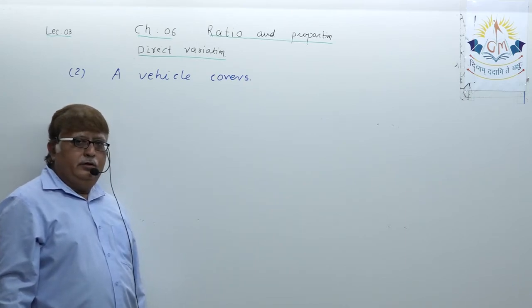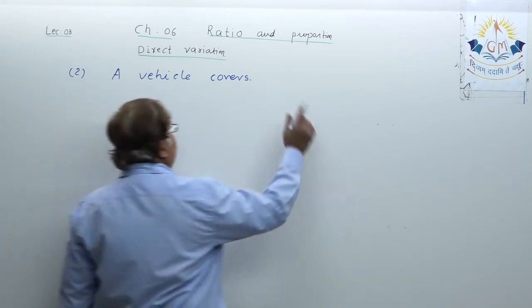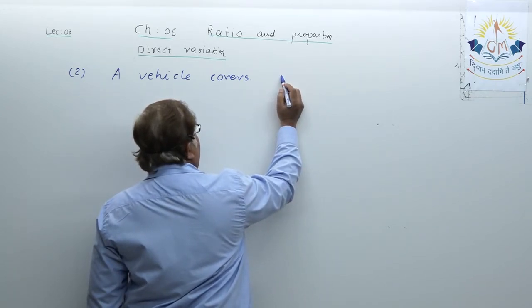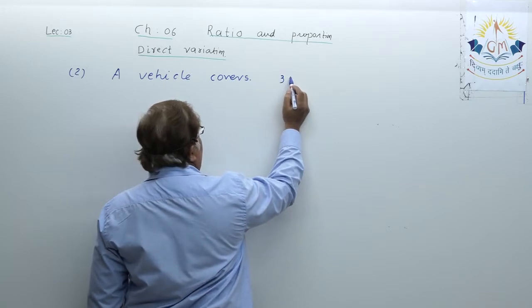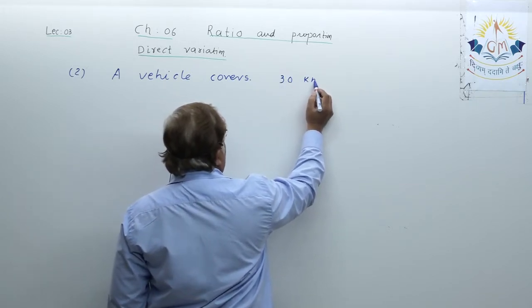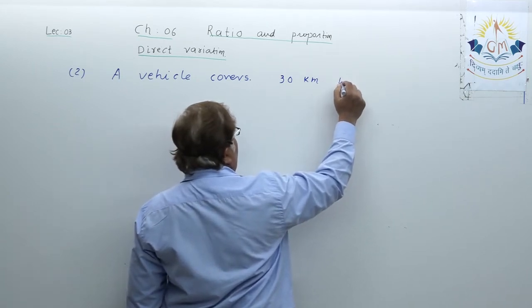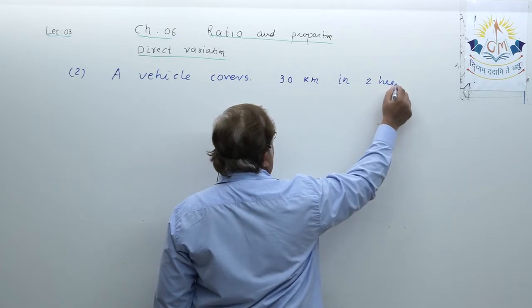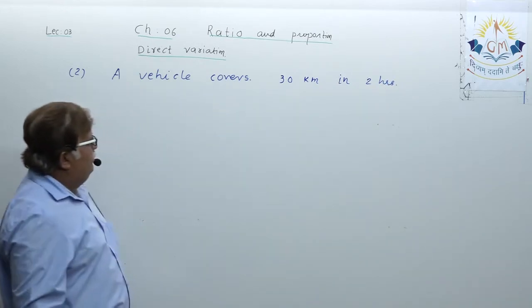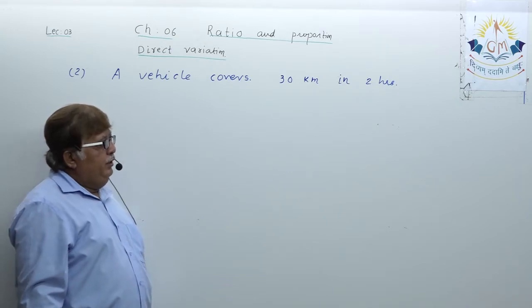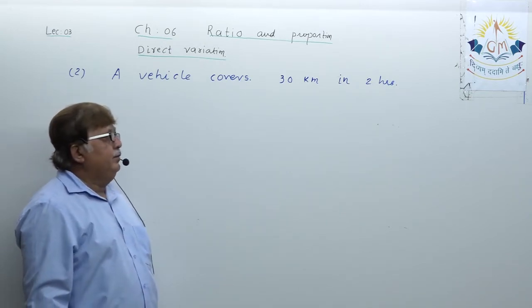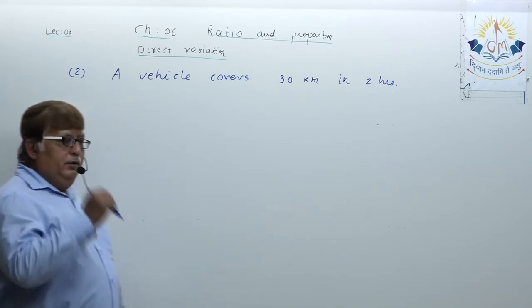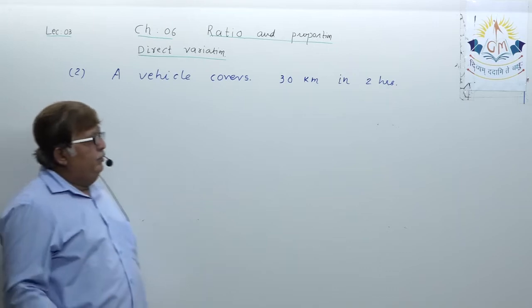A vehicle covers 30 kilometer in 2 hours. Note down the question. A vehicle covers 30 kilometer in 2 hours. Okay,